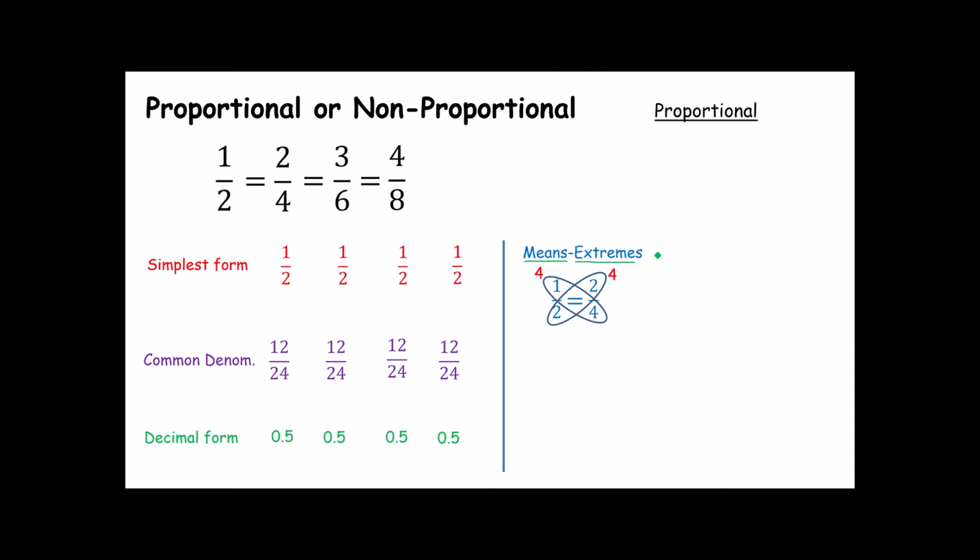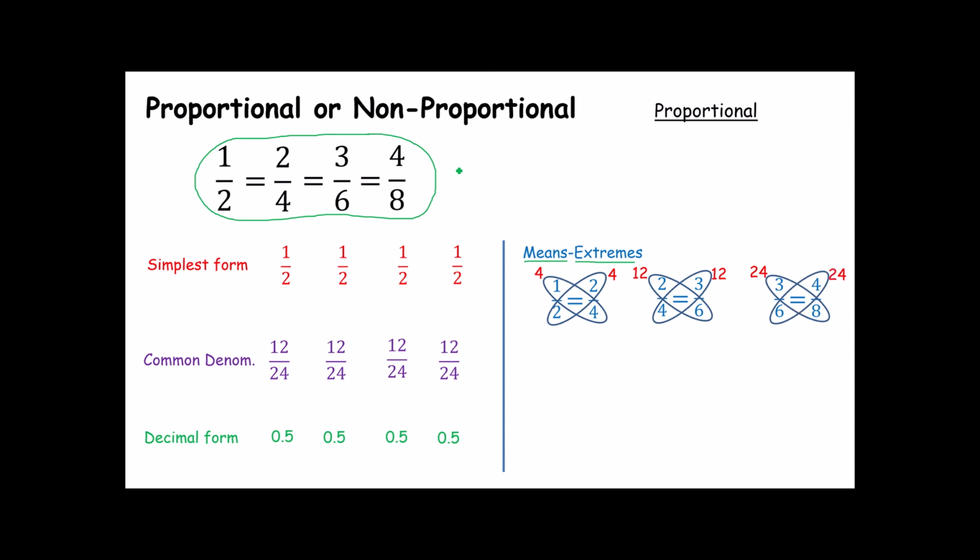Now, here's the tricky part though. In order for this entire relationship to be proportional, the means extremes property has to work for all of these, which means I also have to check 2/4 and 3/6. Well, 2 times 6 is 12, and 3 times 4 is also 12, so it works here. Then I have to do 3/6 and 4/8. 3 times 8 is 24. 6 times 4 is